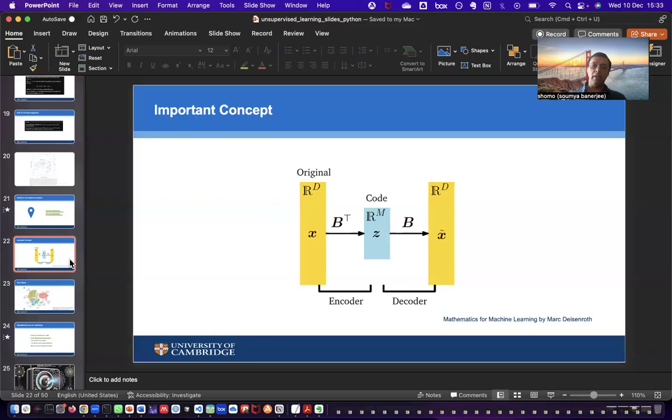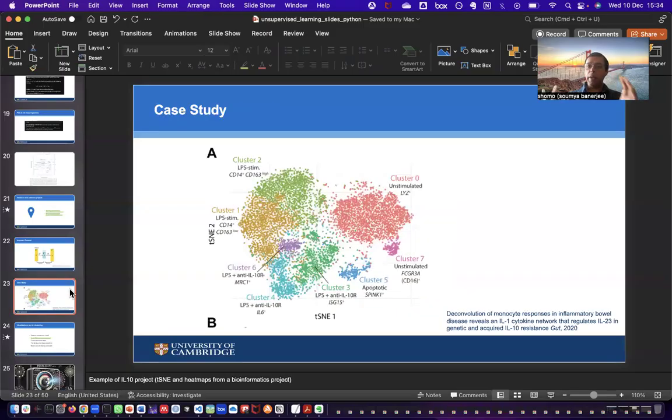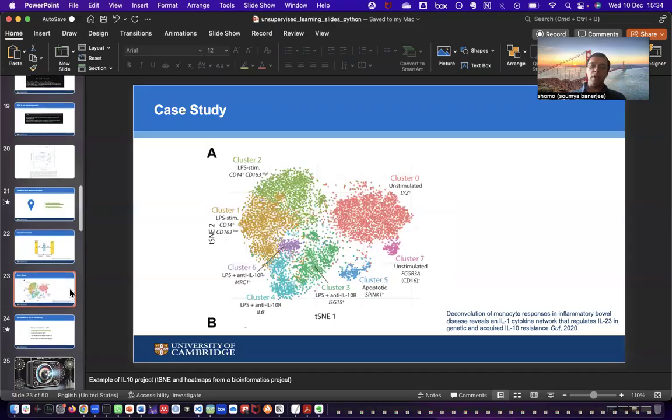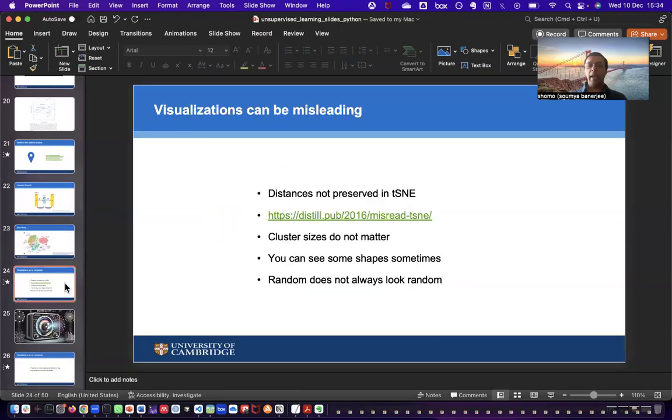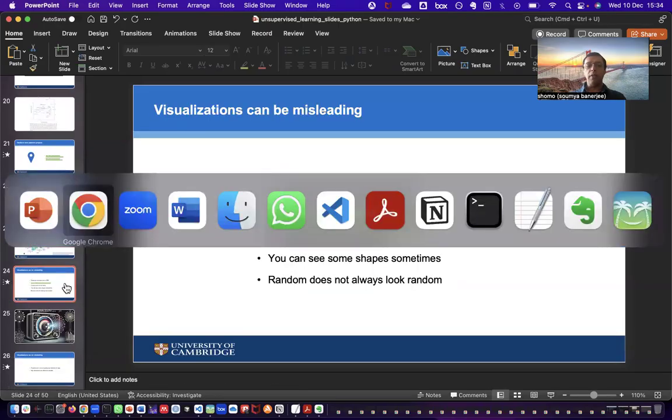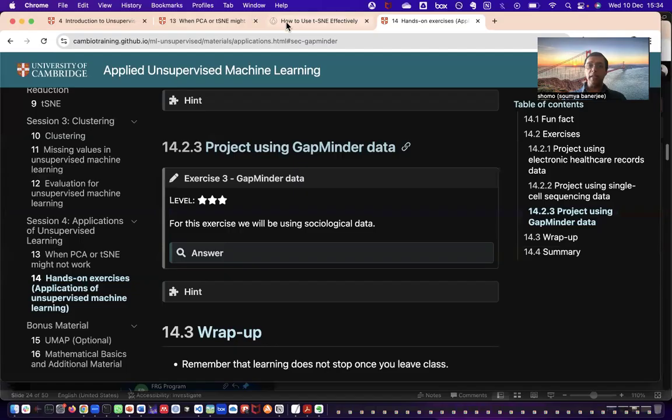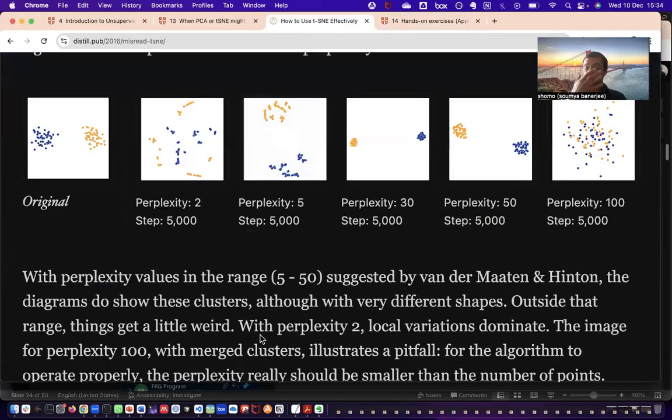And again, there is another concept that I really communicate to students. This is the concept of a bottleneck. There are multiple real world case studies. For example, here is a case study that I worked on using biological data that I stepped students through. And the idea that I constantly communicate to students is that visualizations, especially more sophisticated ones like t-SNE, as opposed to PCA, can be very, very misleading, exactly like those maps and cartographs that we saw.